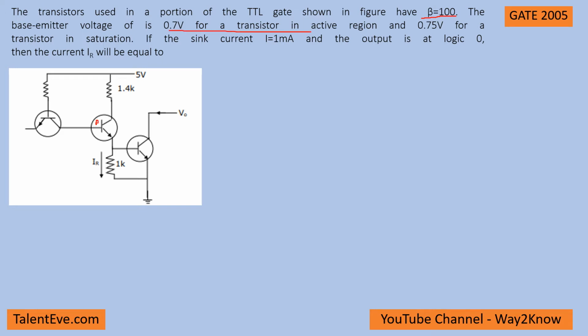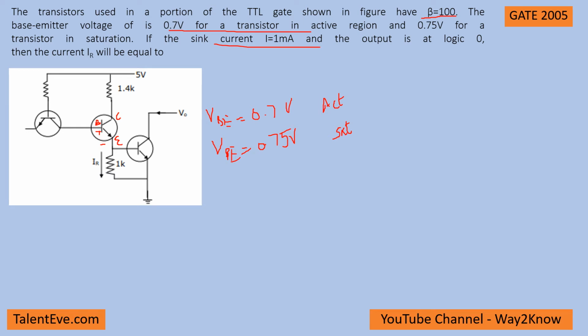So for example, if you take this as base, collector, emitter. If this transistor is in active region, then VBE is given as 0.7 volts for an active region. Okay, now VBE is equal to 0.75 for saturation region. Okay, so here what is given is the sink current is provided as 1 milliamp and the